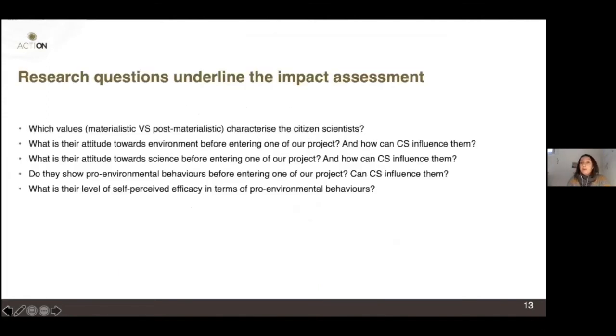There are also some research guidelines, because ACTION is a research and innovation action. For us, these are the following. Which values characterize a citizen scientist? We're talking about a niche. Okay, there is a link between the interest in citizen science and the value orientation of people. And here we use the materialistic, post-materialistic approach.